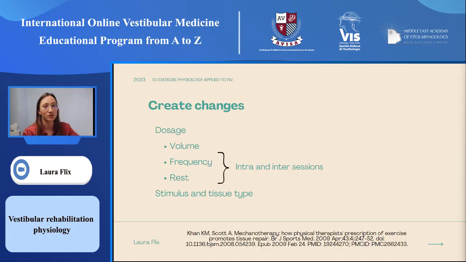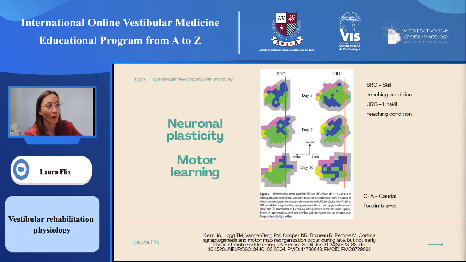We are talking about dosing exercise, but how can all of this theory be applied to vestibular rehabilitation? When we are talking about vestibular rehabilitation, we are talking about the tissue that is the nervous system. So we're going to talk about these adaptations in neuronal plasticity and consequently in motor learning. So as you can see in this paper,